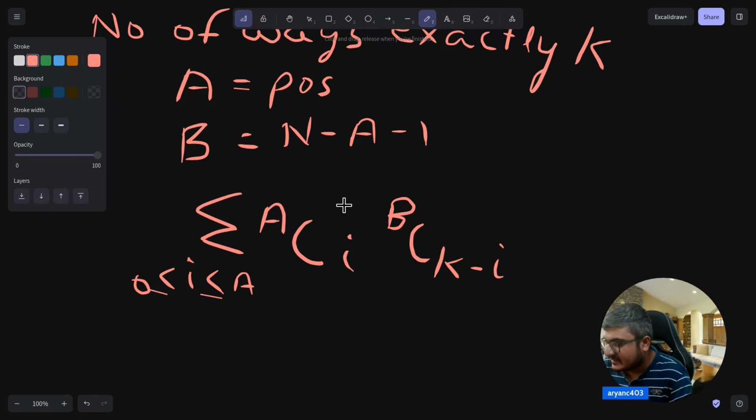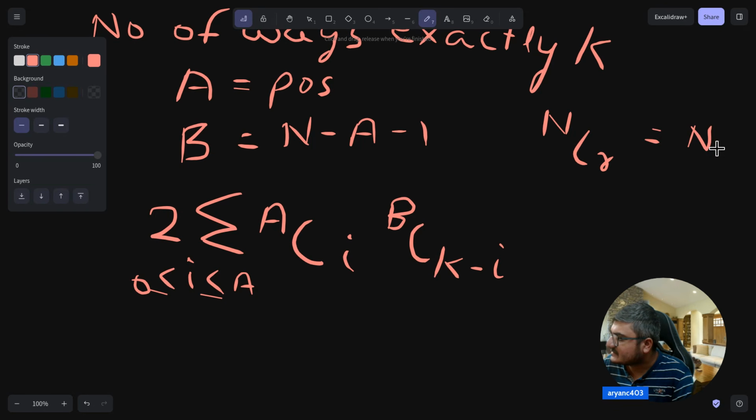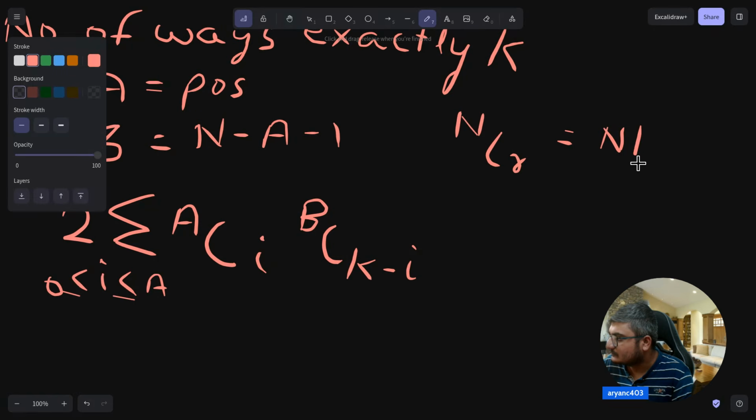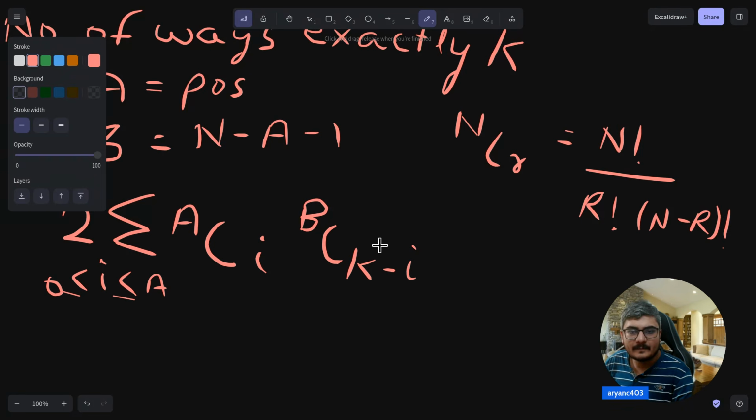Since we don't really care about what's the left or right of the current person, we multiply it by 2. So this would be our answer, where it is the permutation and combination. NCR is n factorial upon r factorial and n minus r factorial. So this would be our solution,